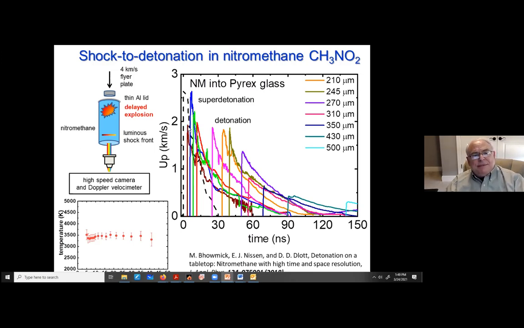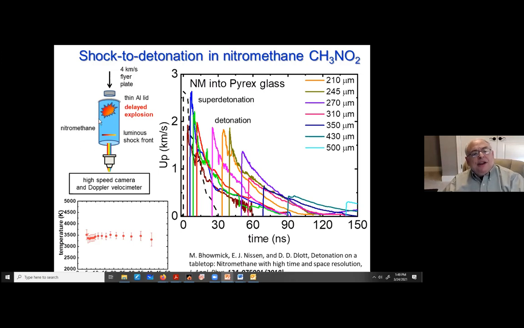And the pressure has dropped tremendously. Okay, that's because the nitromethane is pretty soft and compressible. And so when the shock hits, it's like hitting a pillow, okay? You get low pressure and a lot of compression, but eventually you reach a place where it doesn't want to compress anymore, right? So that's why the pressure drops.